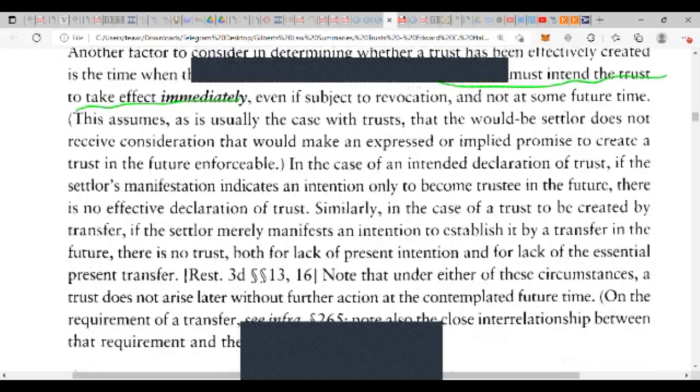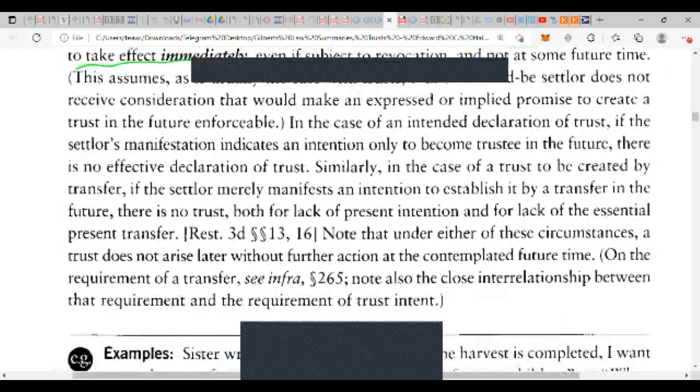In the case of an intended declaration of trust, if the settler's manifestation indicates an intention only to become trustee in the future, there is no effective declaration of trust. Similarly, in the case of a trust to be created by transfer, if the settler merely manifests an intention to establish it by a transfer in the future, there is no trust, for lack of present intention and for lack of the essential present transfer. Restatement Third,